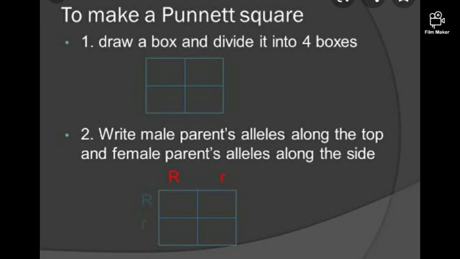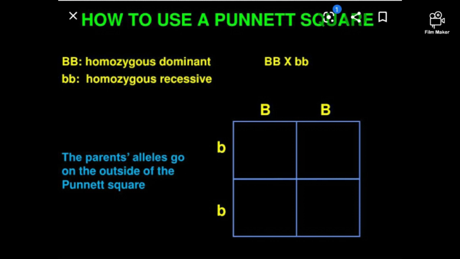If self-pollination is not occurring, or we are considering homozygous parents, then we consider that one parent is completely dominant, having both the gene alleles dominant, and the other parent is having both the recessive gene alleles. Then also we write it the same way. The male parent's alleles are written on the top of the box,